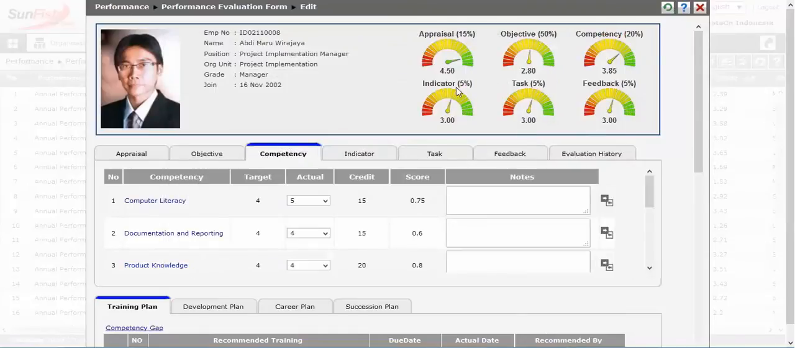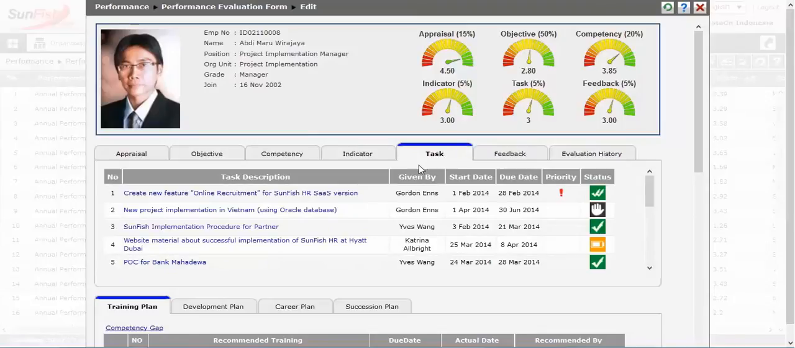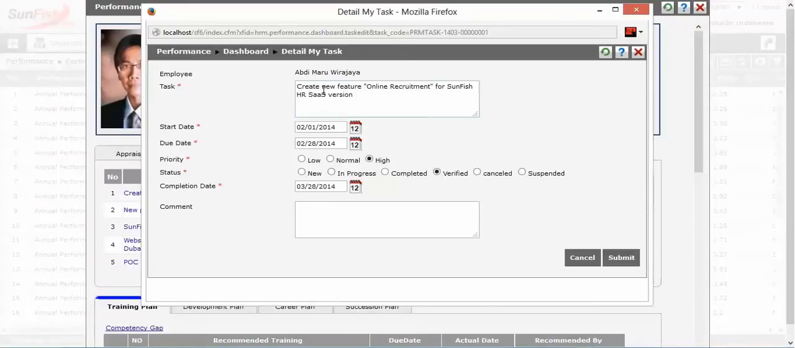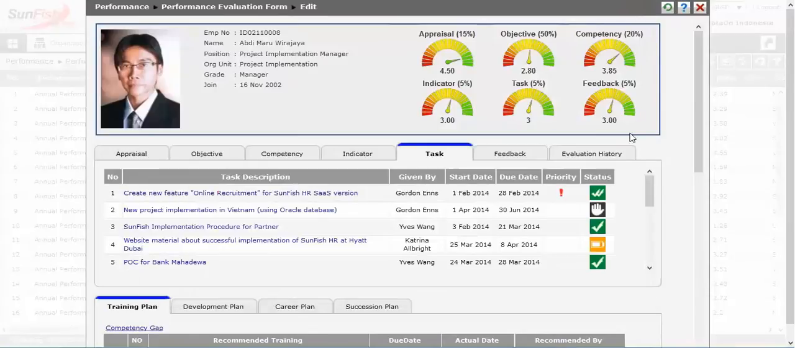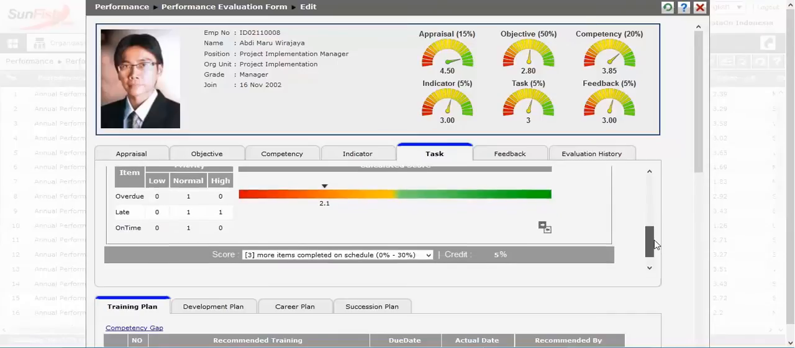The Task tab provides an overview of the employee's performance for tasks they have been assigned during the period. The employee may be assigned tasks through the SunFish dashboard or SunFish mobile app. The employee will receive the task through email, including reminders of due dates and needs to record actual task completion